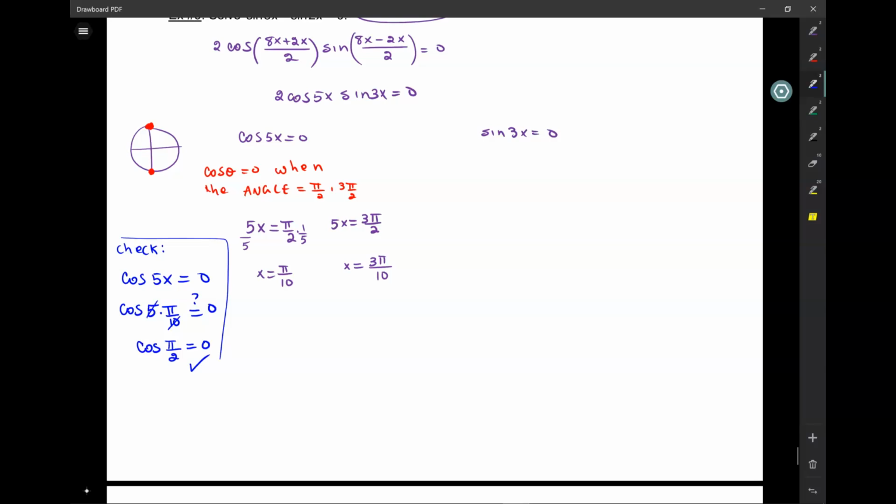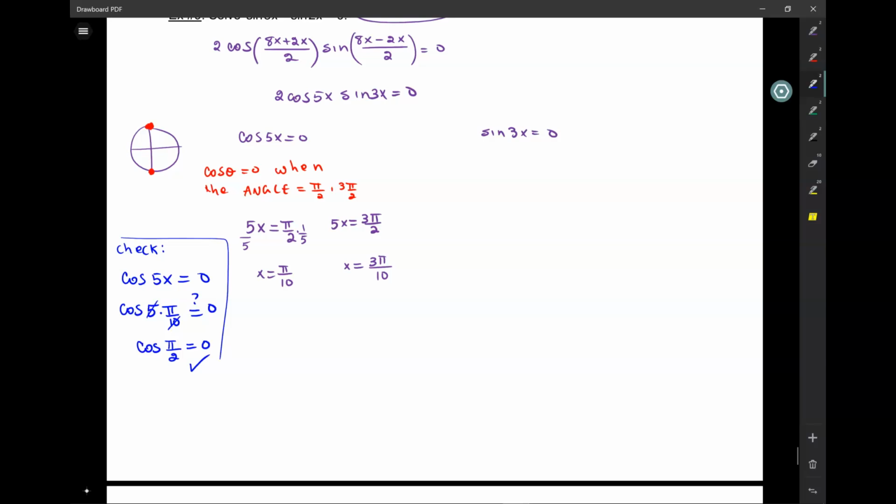All right? So when the angle here is not just x but a multiple of x, then you say, okay, where is it 0? You set the whole thing equal to pi over 2 and 3 pi over 2. So x is pi over 10 and x is 3 pi over 10. But now,